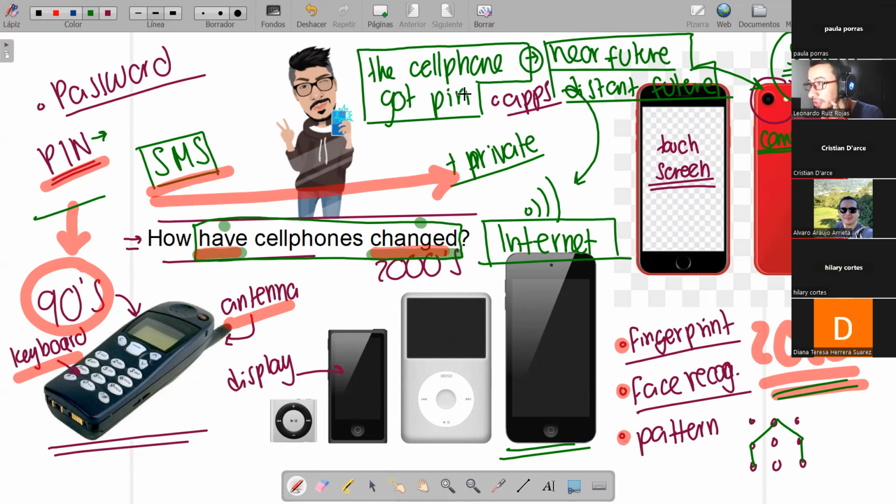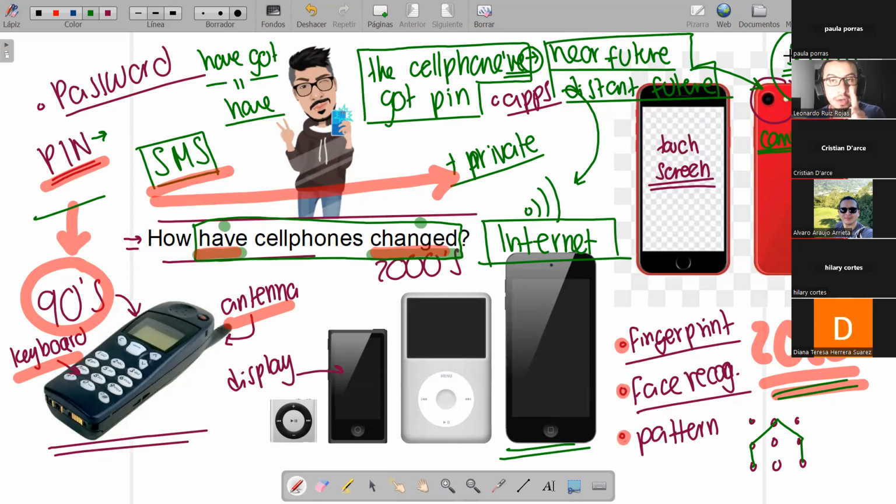Yes. Good. But you know, there is an expression in which we say that the cell phone have got, and it means that they have. Have got is a synonym of have, simply like have. Ready? So in that case, if I say the cell phone have got pin, I probably am talking about the present, right? So it's sometimes difficult to identify if I am talking about the present or the past or the future, because, for example, if I say I report the accident, is report in present or past? It's difficult to identify.